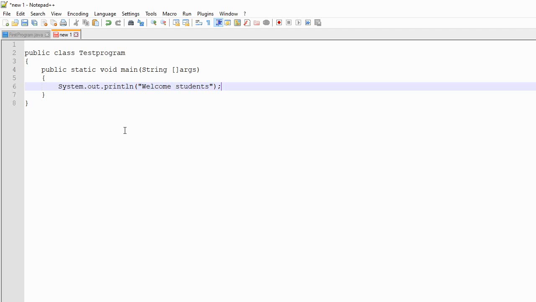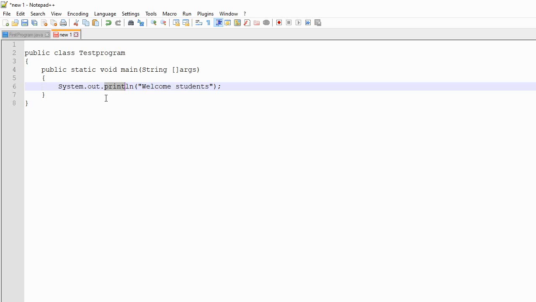Now, one thing that you have to remember in this semester with Java programming is that whenever I am saying class, the class name always starts with a capital letter. So here this S is in capital. And whenever you are writing a method, okay, as println is a method, that is a function, every method name starts with a small case letter.